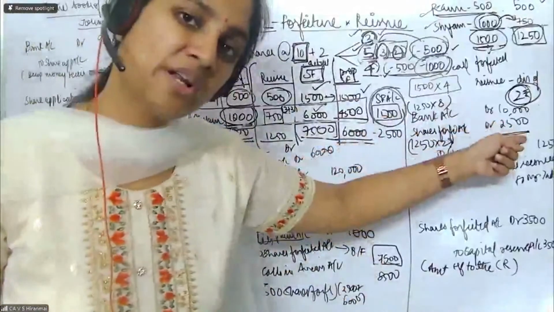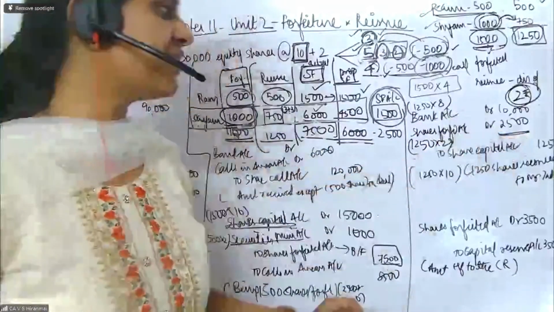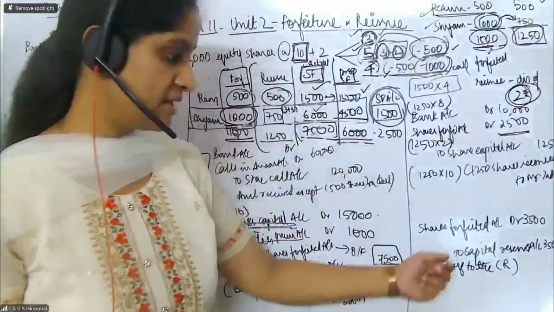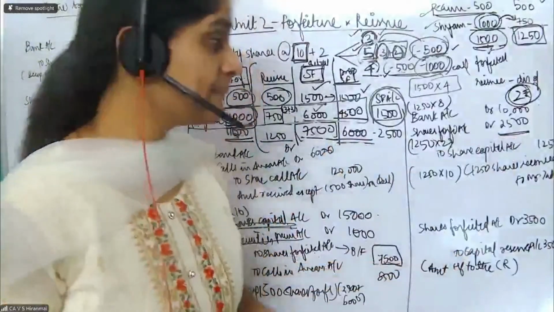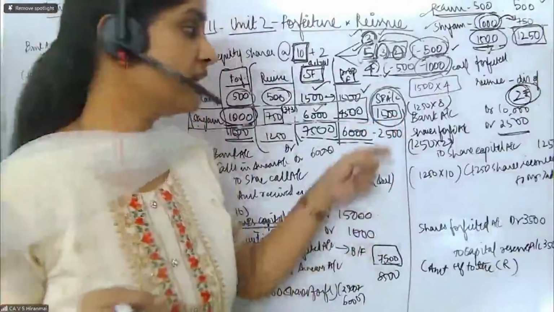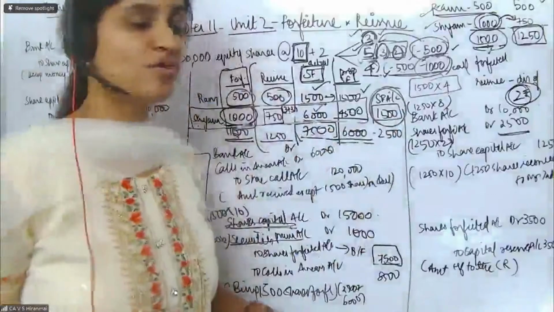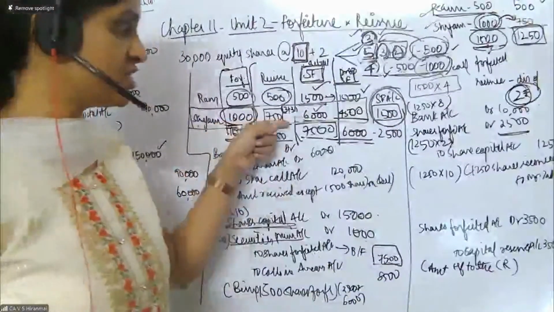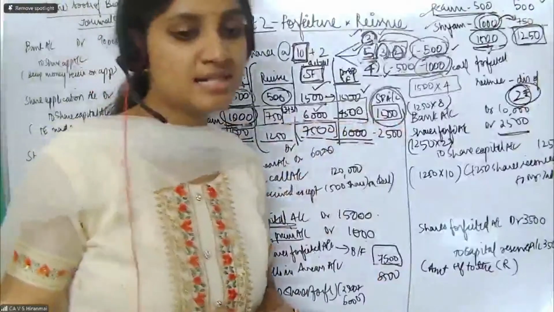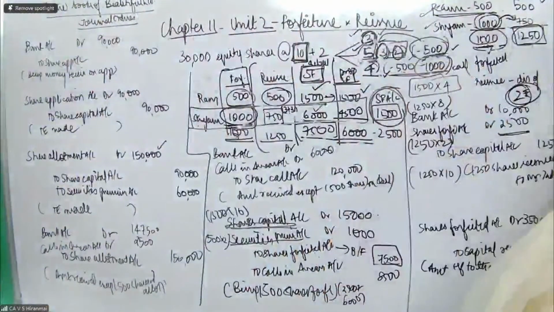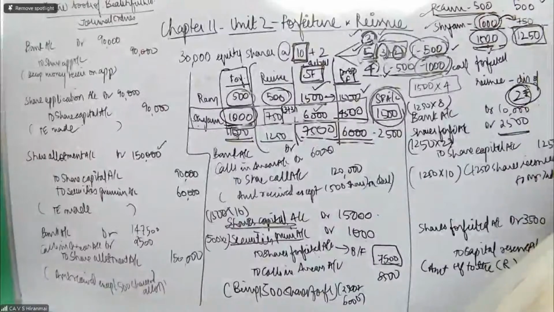What is the loss? Already I passed in this entry 2,500. So 6,000 minus 2,500, 3,500 is your capital reserve entry. And like that, in your balance sheet, or if they are asking you a question, how much is still remaining in shares forfeited, you should say, Shyam's how many shares? 250 shares, for which 1,500 is still remaining in the particular account. Clear, everybody? Now we are going to go to the next